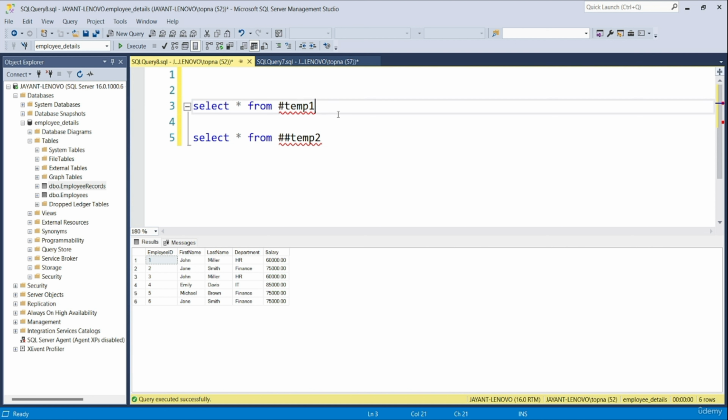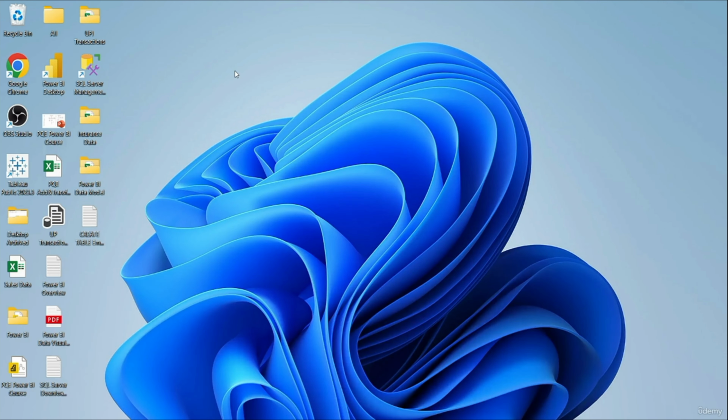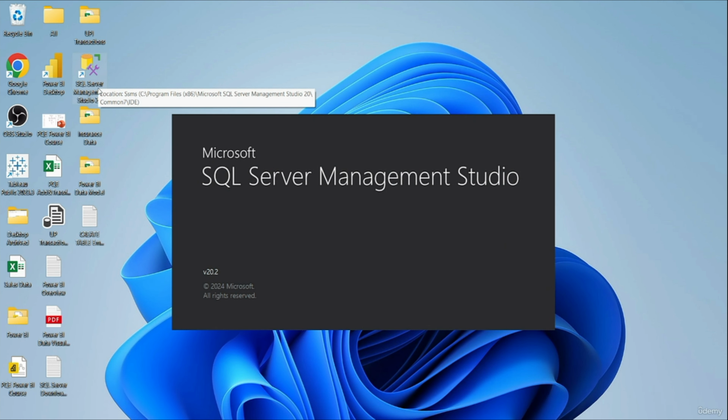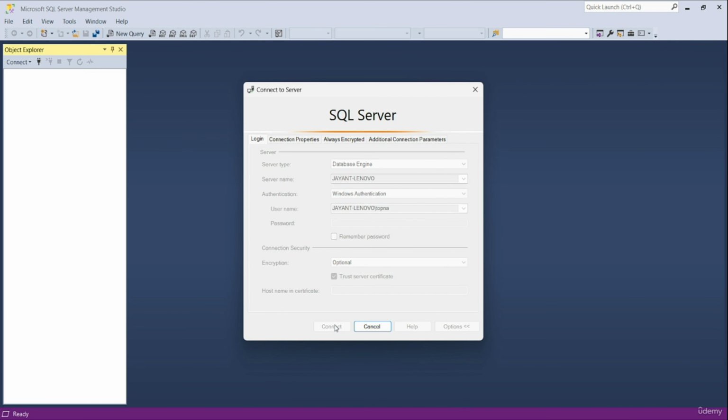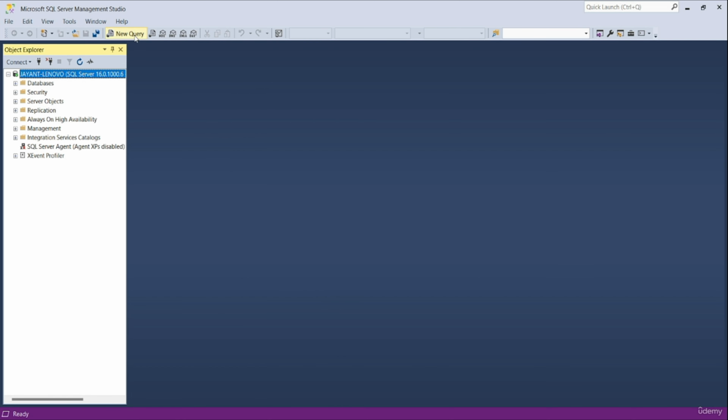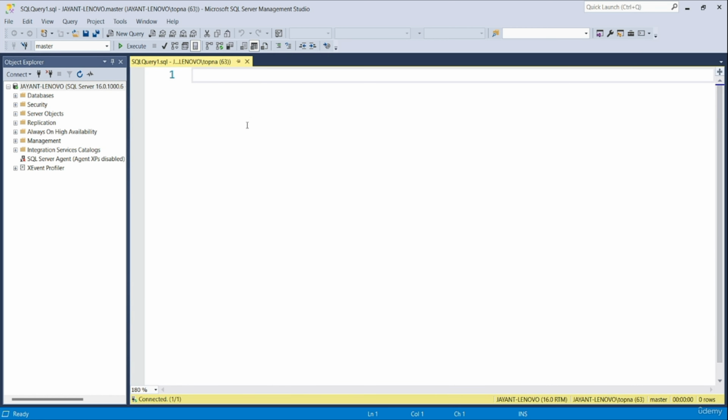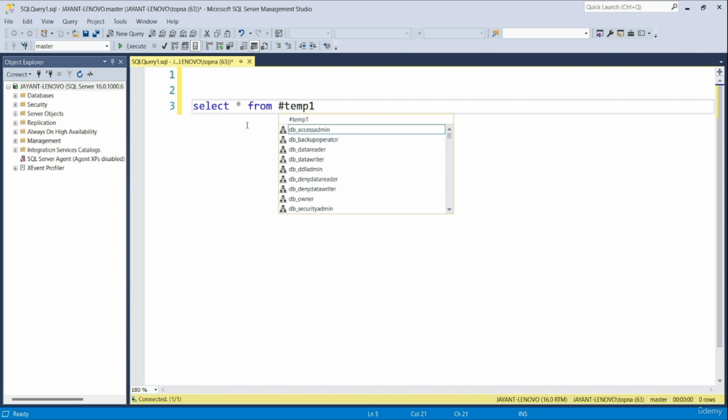If I open another instance of SQL Server, let's see what happens. I'll minimize this SQL Server instance and click on SQL Server Management Studio again. It might take some time to open. Connect. Click on New Query. Now here in another instance, if I write select star from #temp1 and execute this statement,